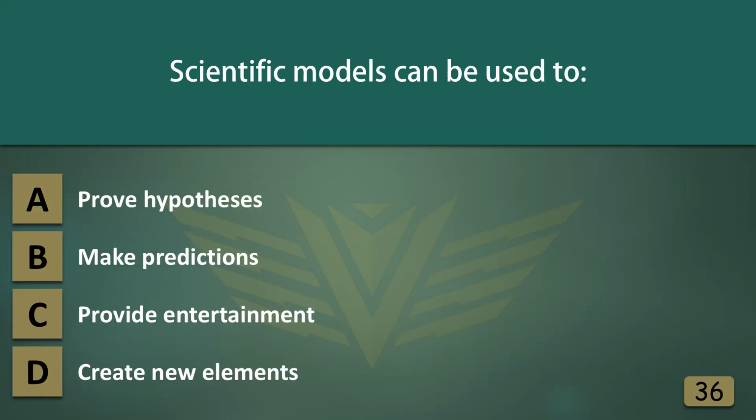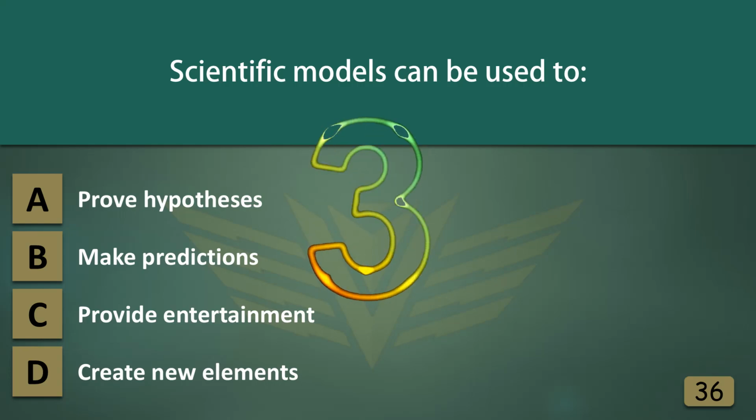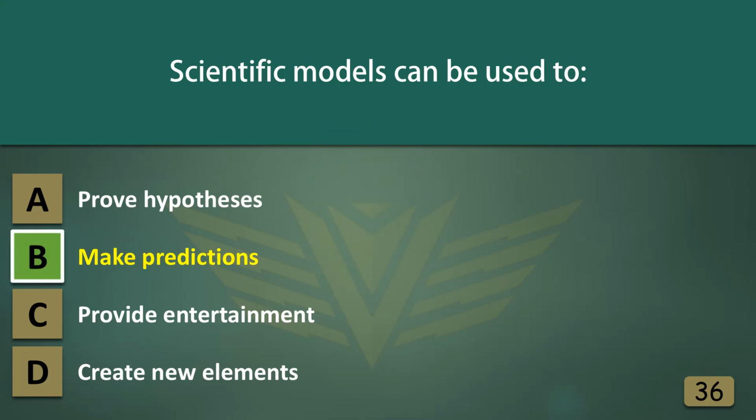Scientific models can be used to A. Prove hypotheses. B. Make predictions. C. Provide entertainment. D. Create new elements. The correct answer is B. Make predictions. Scientific models can be used to make predictions about complex phenomena, helping scientists understand systems or processes and